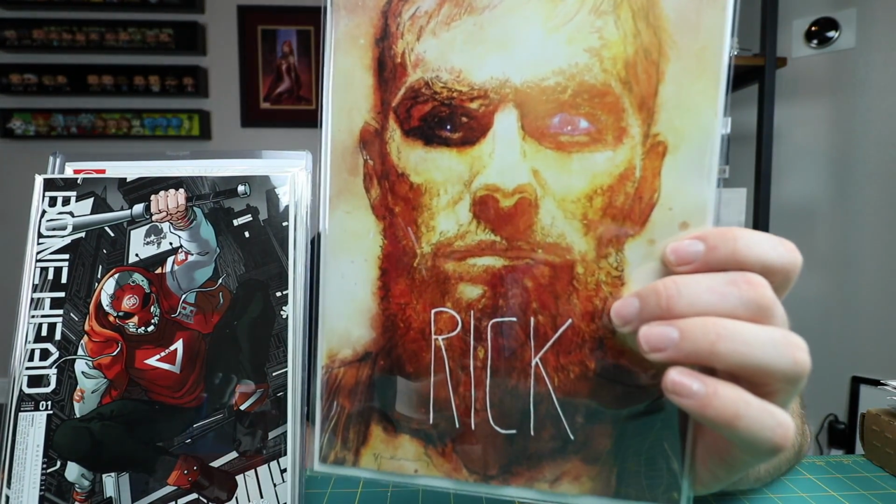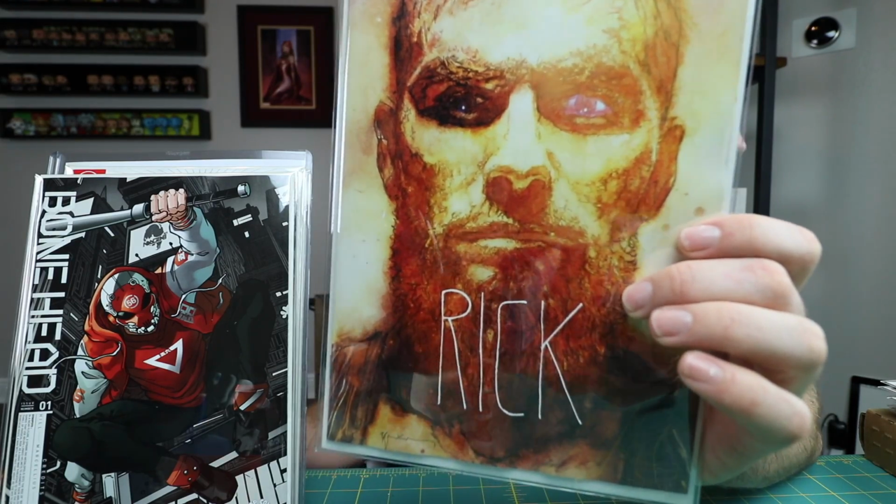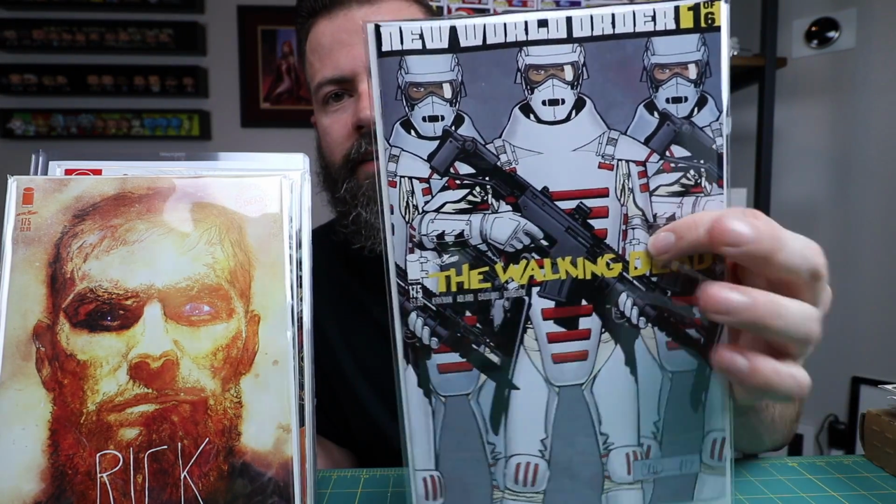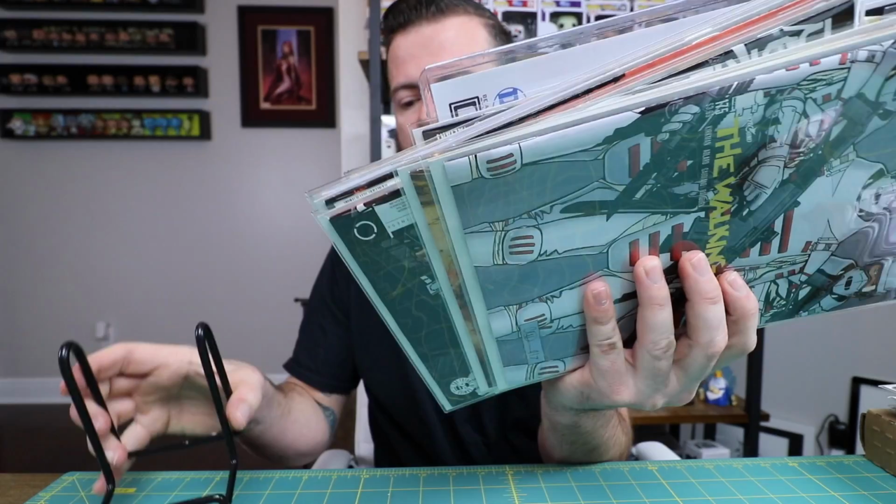Got the new Walking Dead, is this 175? 175. That's the Bill Sienkiewicz Rick cover. Next month there's going to be one with Michonne on the cover, so look out for that one too. And it's a new story arc. It's like a 6-part miniseries for the New World Order. So that should be a pretty hot book. That Bill Sienkiewicz cover was...